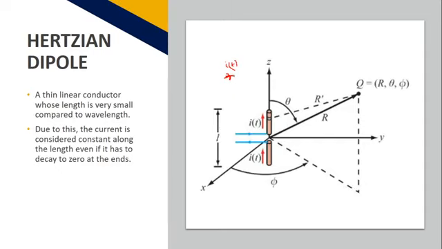if you see the end here, it is open circuited. There is no connection here, which means it is open circuited. Similarly, at this end, it is open circuited. Though both the ends are open circuited, in the Hertzian dipole we consider the current to be constant throughout the length of the dipole. We never assume that the current becomes 0 at the open circuited end, but we consider the current to be constant throughout the wire because the wire is very small when compared to the wavelength.